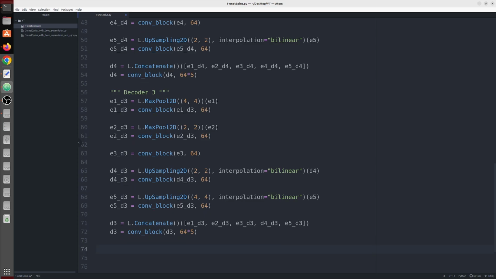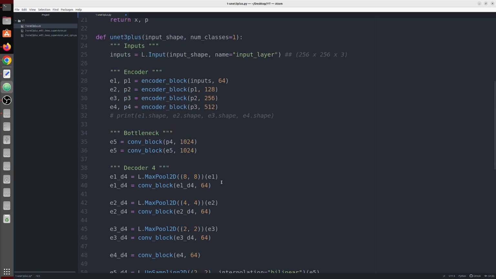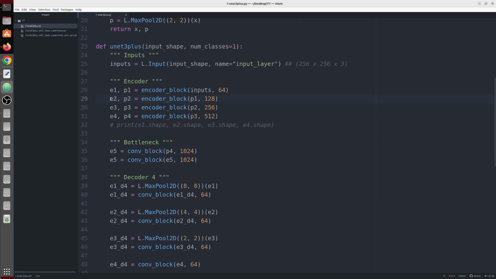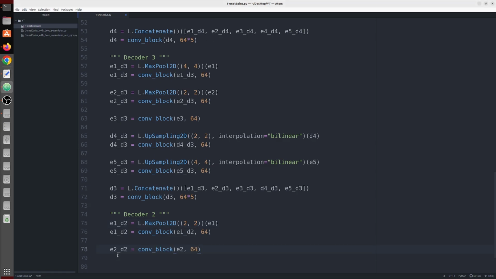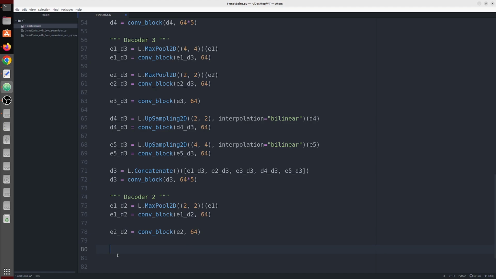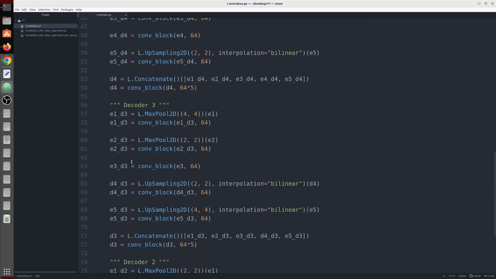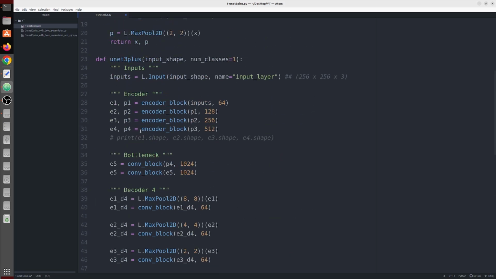So now we're going to move on to decoder 2. For decoder 2, the same scale feature map is E2. So first we're going to have E1, E2. So it is max pool 2 by 2 and then a conv block. Next a conv block just for feature map E2. Next, we're going to use the feature map from both the decoders, that is decoder 3rd and decoder 4th. The principle is that instead of utilizing pure encoder features, now we're going to utilize features from